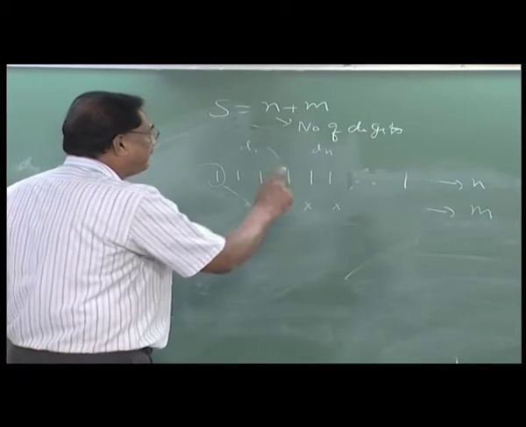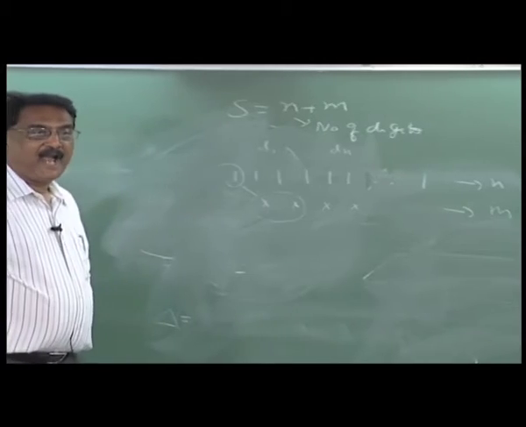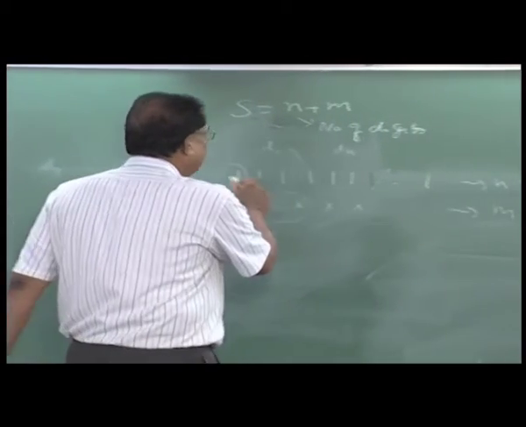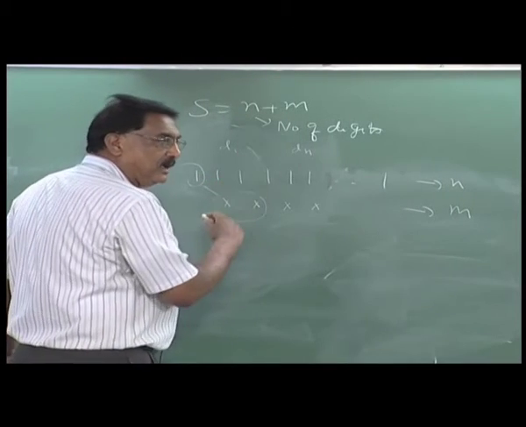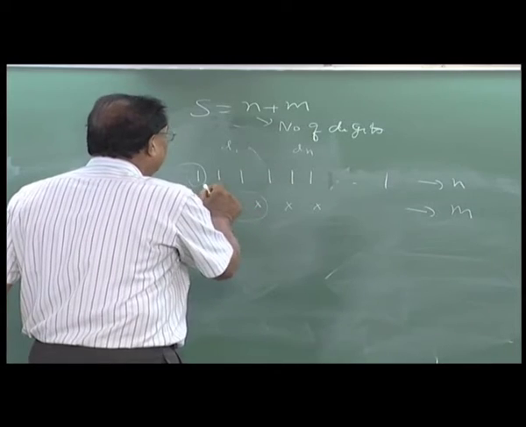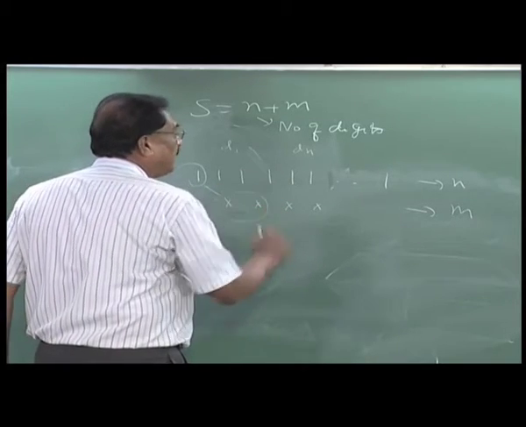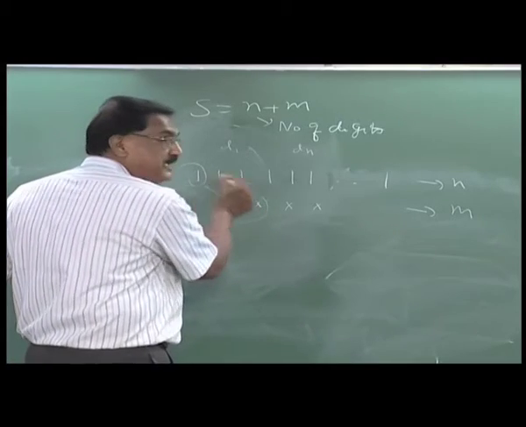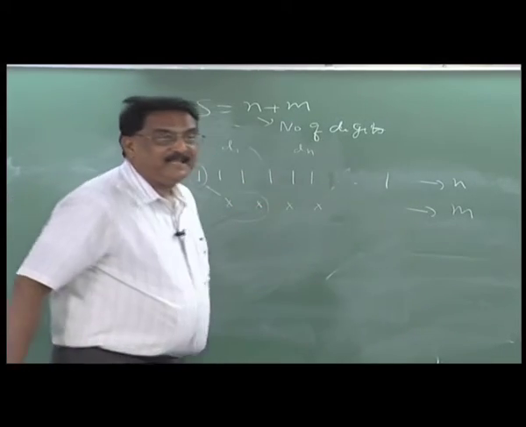You see n plus m is the total number, okay. Each digit is not 0. So, 1 2 9 8 9 kind of a thing, okay, 1 to this. Then the total must come out to be n plus m, so each of them cannot be just 1. Some of these extra ones must be attached to each number. So, the total will come out to be n plus m.